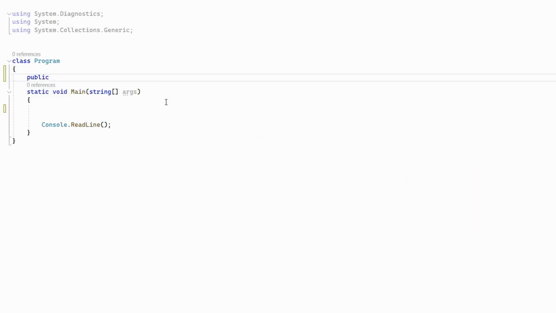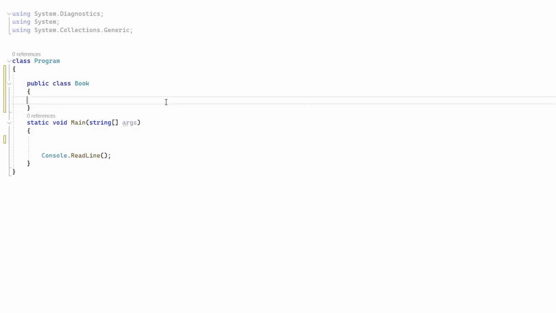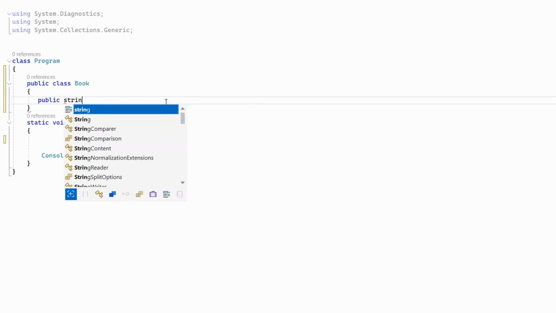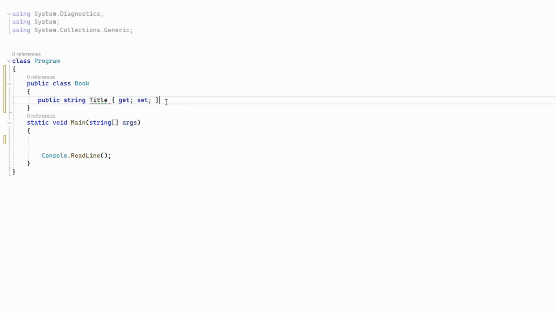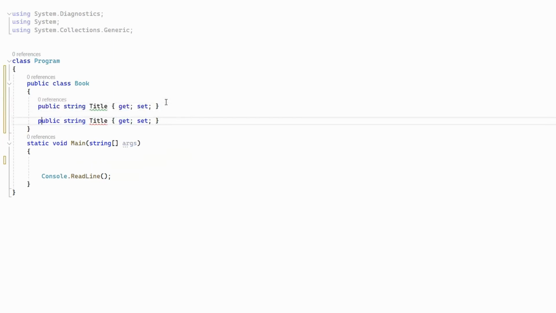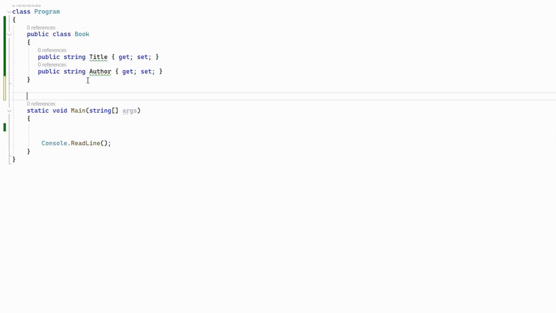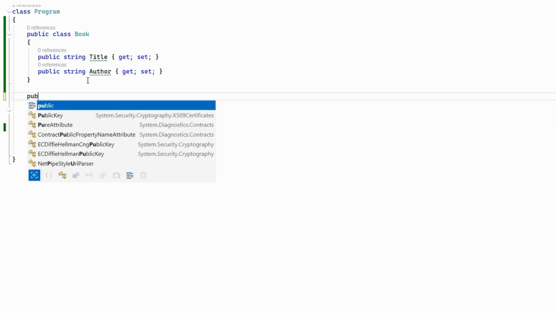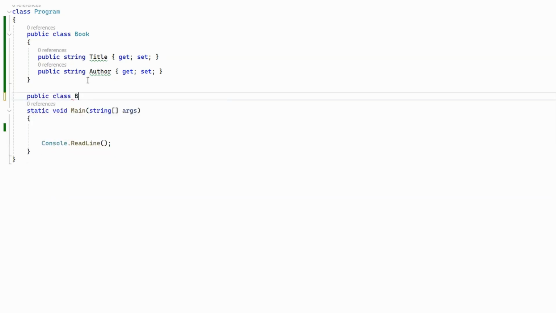The first class is going to be our Book class. We're going to have a title, and we're going to have an author, and now let's create our BookCollection class, which is going to be our main class. So let's go ahead, class BookCollection,